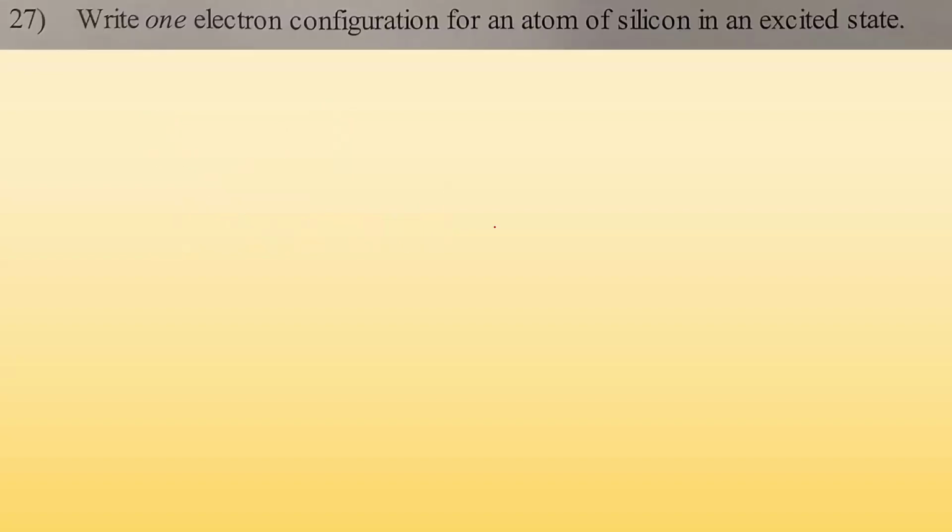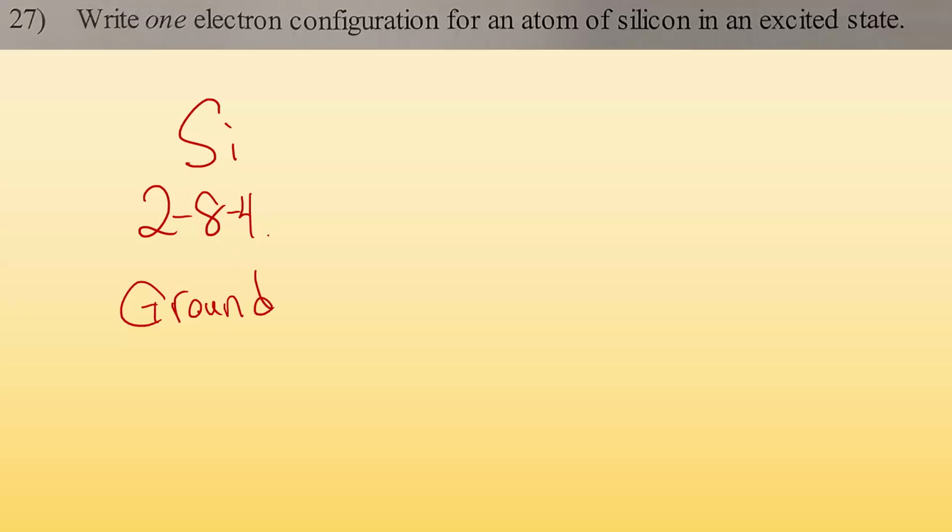27. Write one electron configuration for an atom of silicon in the excited state. I have to look up the electron configuration for silicon normally. It's 2-8-4, and that is the ground state. For the excited state, one of those electrons gets bumped up to a higher energy level. So I could have excited one from the second energy level up to the third and gotten 2-7-5. That works. Or I could have excited one from the third to the fourth energy level, and it could be